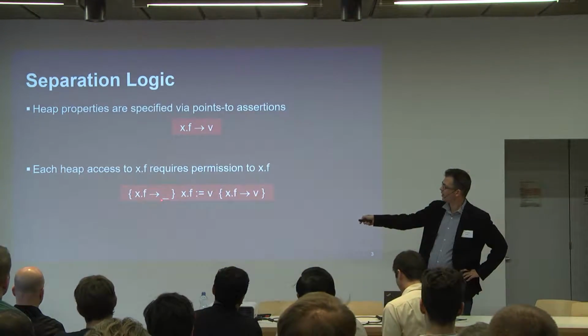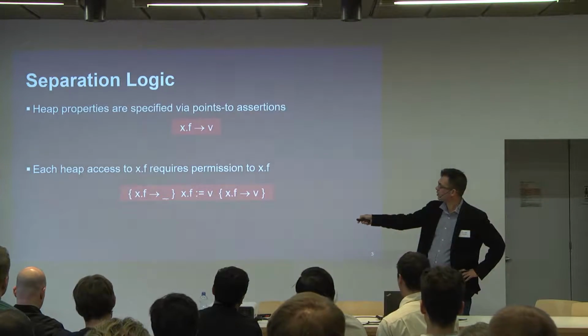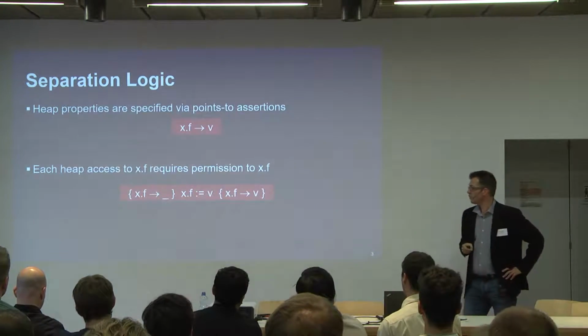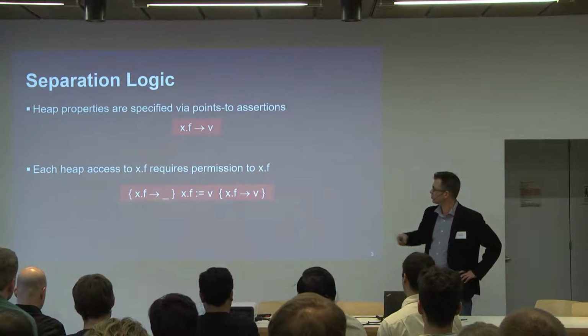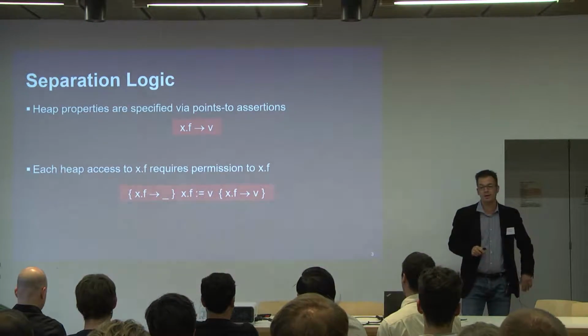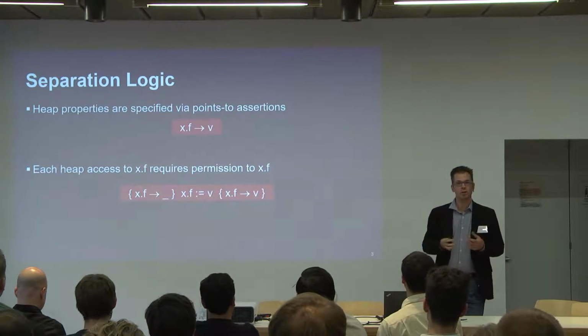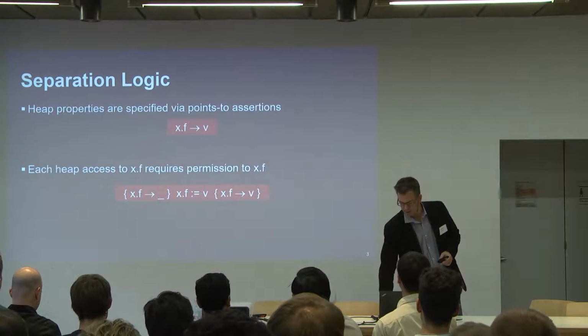We don't care about the value, that's what I mean by this underscore here, but we are allowed to access x.f, and then I can update it. That means I still have the permission, and now the location will have value v. Okay? And in order to make this compositional, in order to get modular reasoning, the key idea is that we